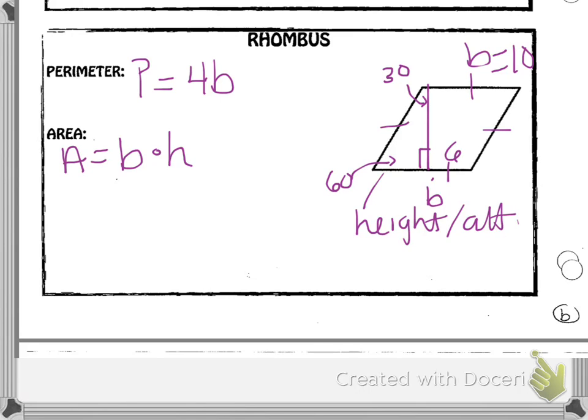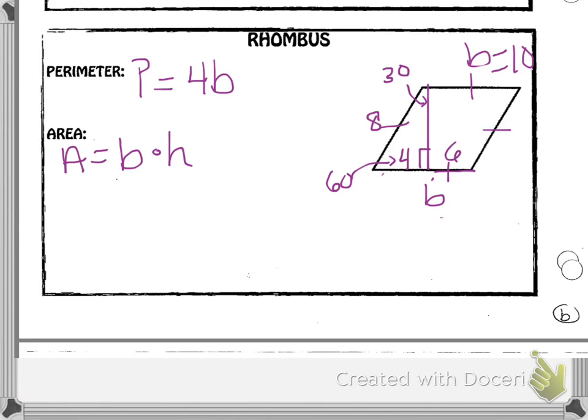And I also know that if the entire length up top is 10, and down here this small portion is 6, then the portion to the left is just 4. If you remember in a 30, 60, 90, we can use the fact that we only have one side to actually find the other two. Your hypotenuse would be double that, so that side length would be, oh,